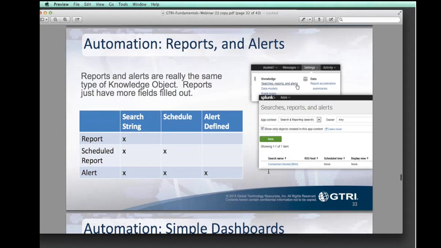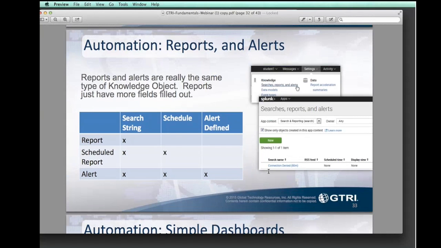Reports, saved searches, and alerts. These are all really the same type of knowledge objects. Alerts are basically a search with a schedule assigned to it and an action assigned to it. If you go to the main menu, main settings tab at the top there, under knowledge, you can access your